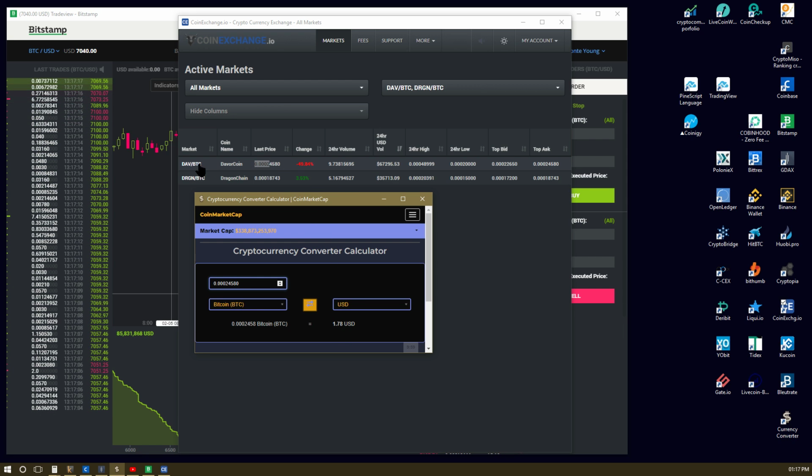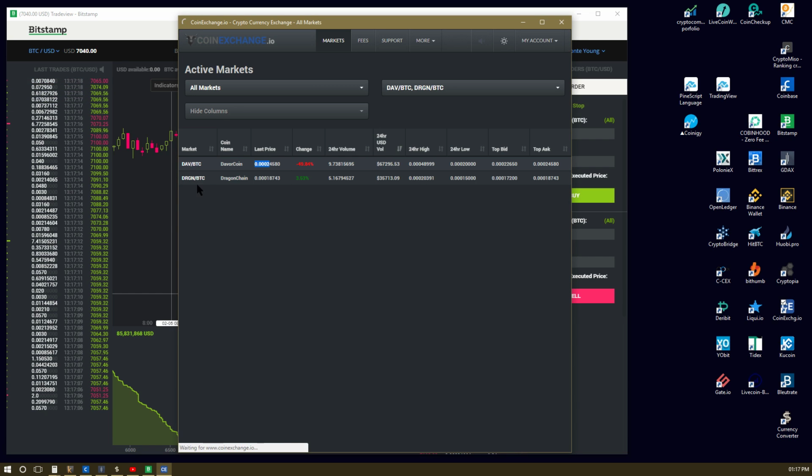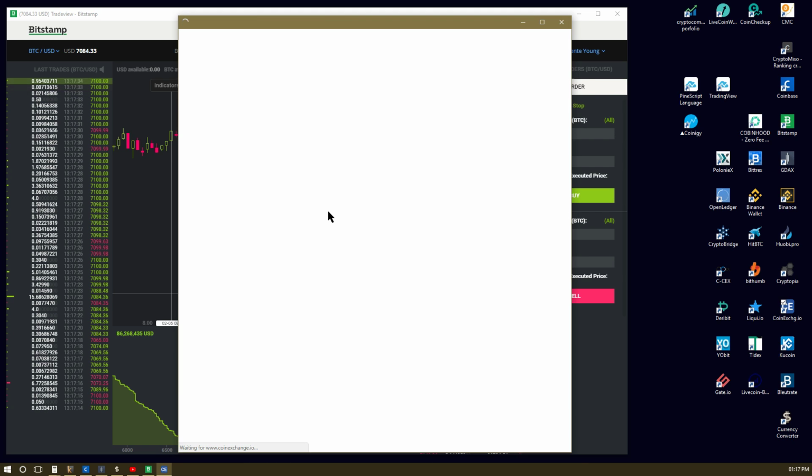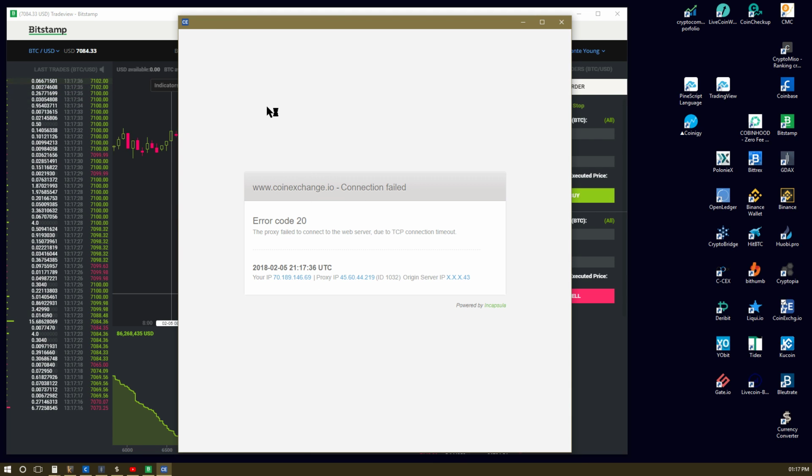You guys want to see that chart? I don't even know if I can pull the chart up by clicking on this. I like how I just logged right into Coin Exchange. No security check or nothing. Y'all saw that? LPX is on there? Oh, out of all the coins.